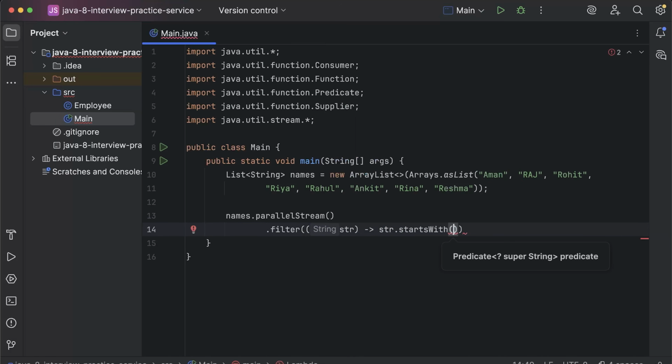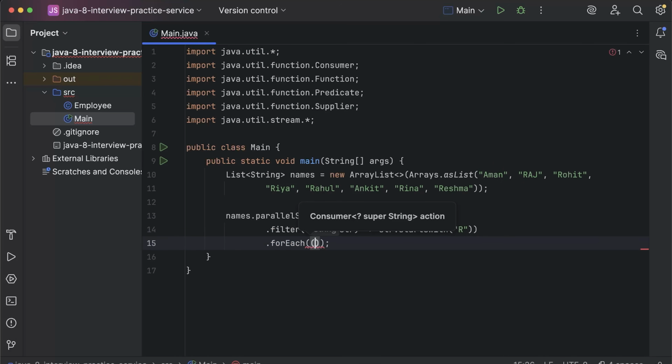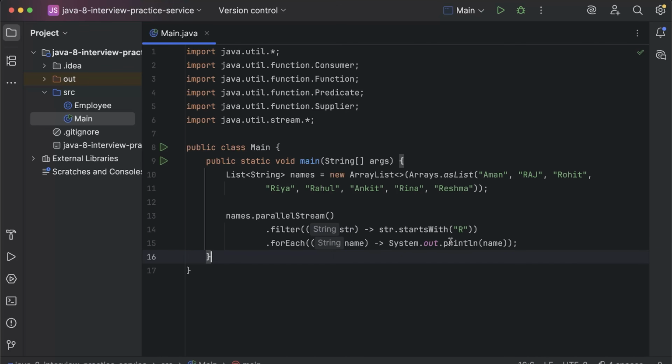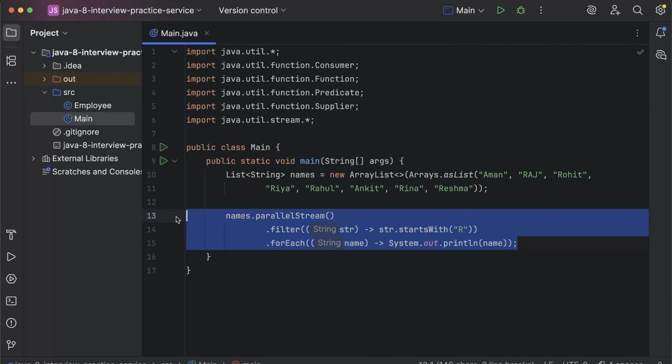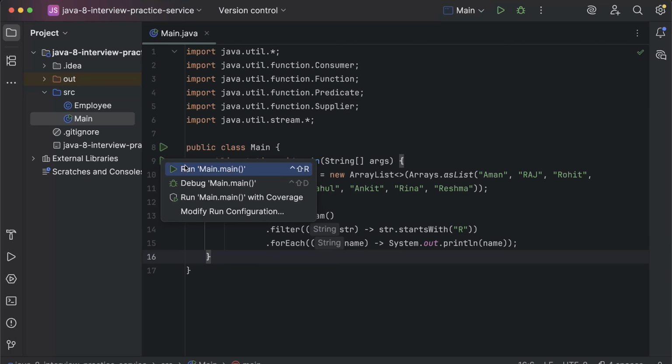Let's say I want to add a condition that the string starts with R. Then I call forEach, take every name, and print these names. The only difference is that instead of looping on the list sequentially, now this stream will work in a parallel way, using multiple threads. If I run it,